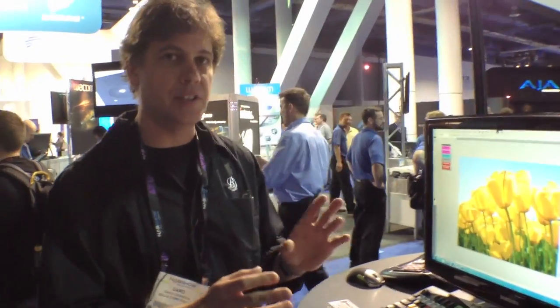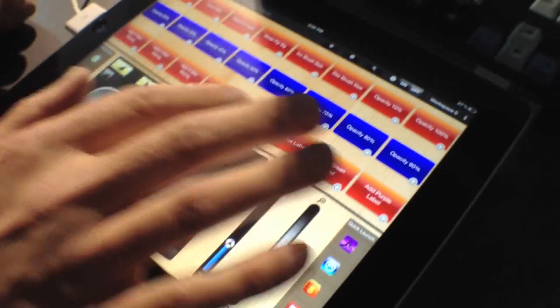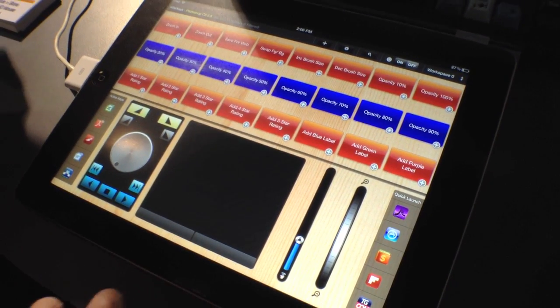So now what we're also showing here at NAB 2012 is the iPad app for KillerKeys. And we're previewing it here. Essentially, rather than putting the shortcuts on screen, we're taking the shortcuts and putting them onto the iPad app. So now you can touch the shortcuts directly, and instead of using your keyboard and mouse,